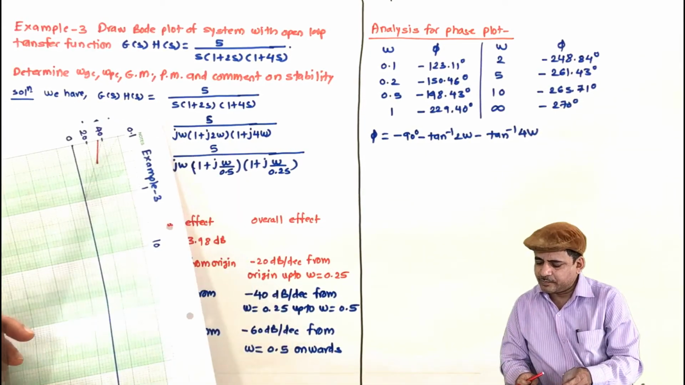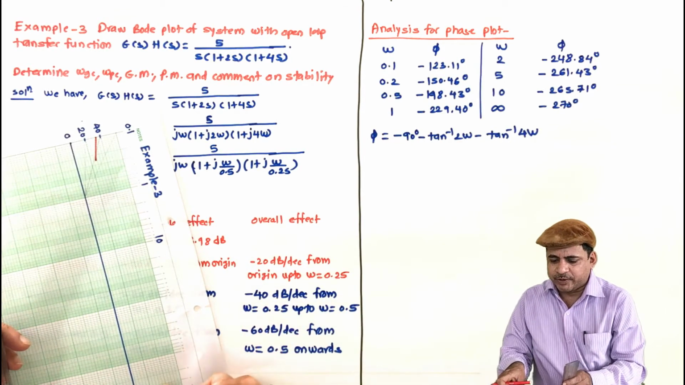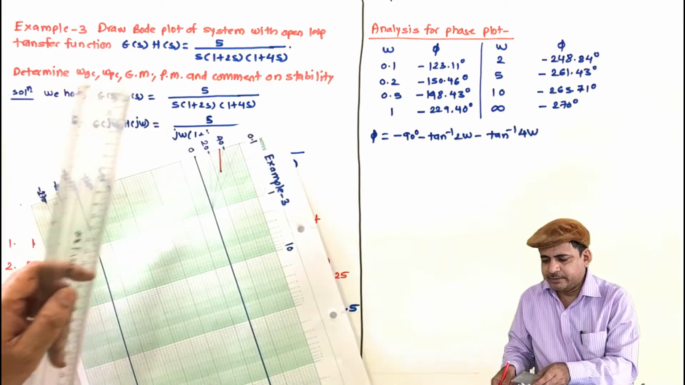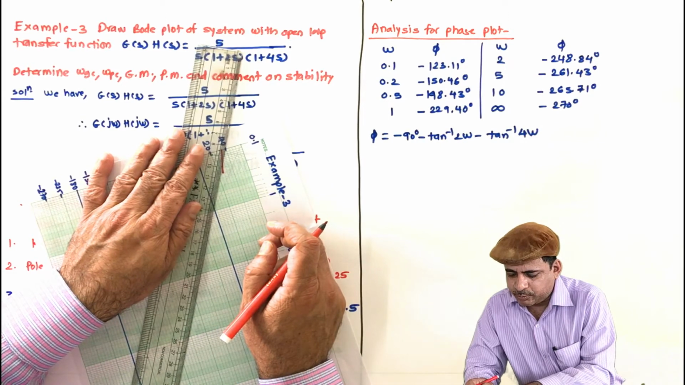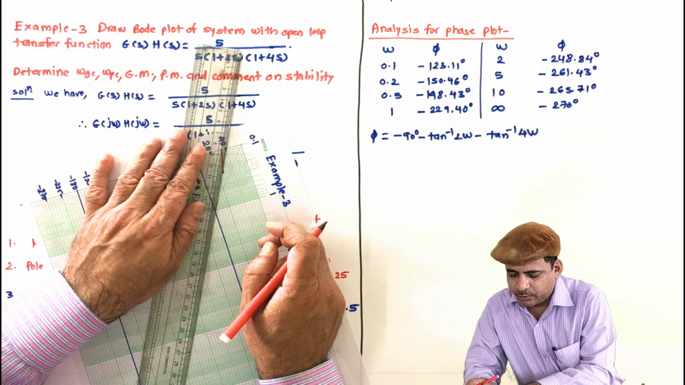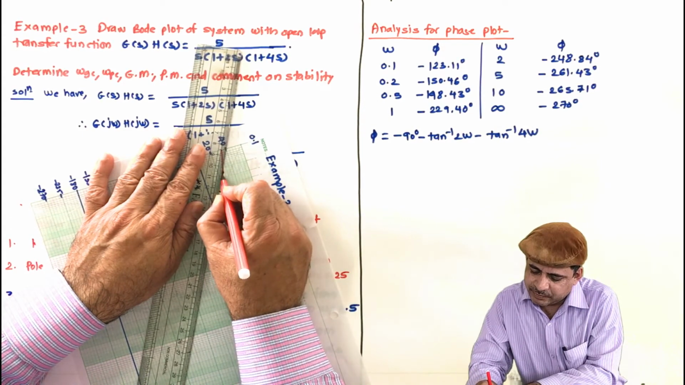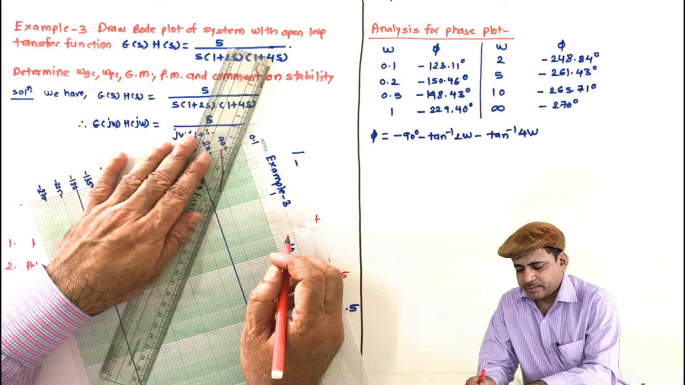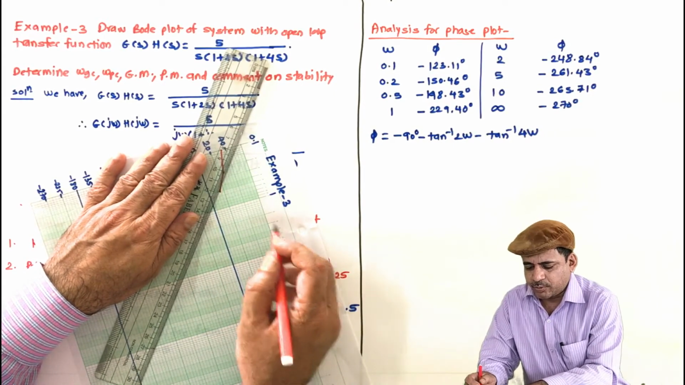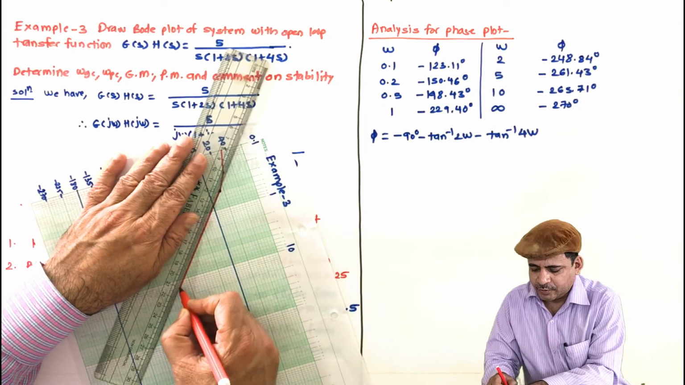Then next is minus 40 dB per decade from 0.25 up to 0.5. So it will be a line parallel to 40 dB per decade, and it will be up to 0.5. So up to this point, and then last one will be minus 60 dB per decade slope from 0.5 onwards. So this is the gain plot,